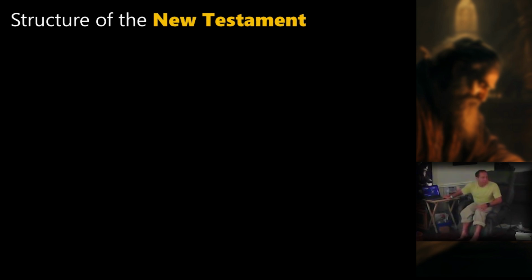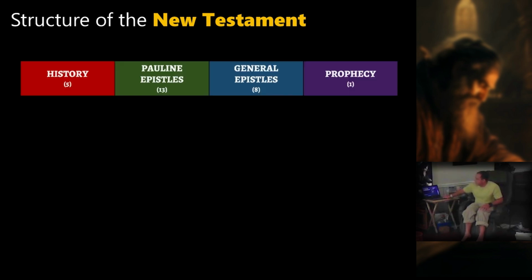All right, New Testament. Unfortunately, the structure of the New Testament is not nearly as pretty as the Old Testament. But basically what you have is 5 books of history, 13 Pauline epistles. Pauline epistles refers to the books that were written by Paul. And then the general epistles, there's 8 of them, and general epistles refers to the books that are written by somebody other than Paul. And then you have 1 book of prophecy,